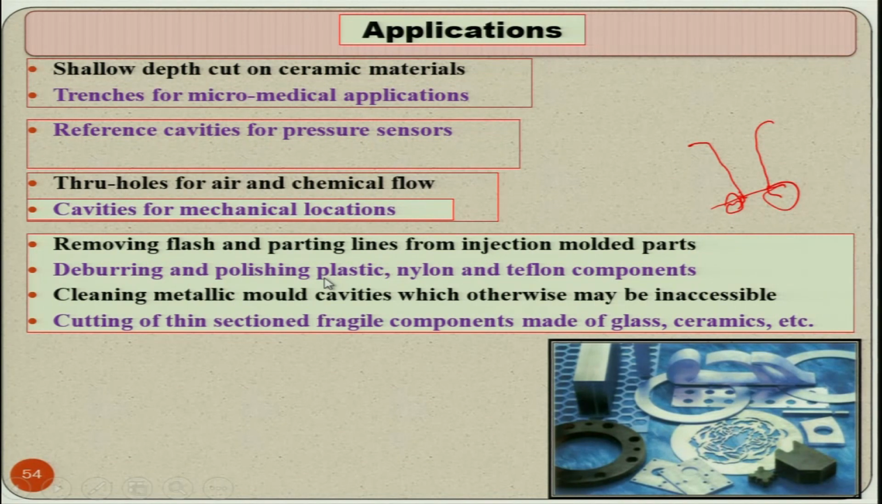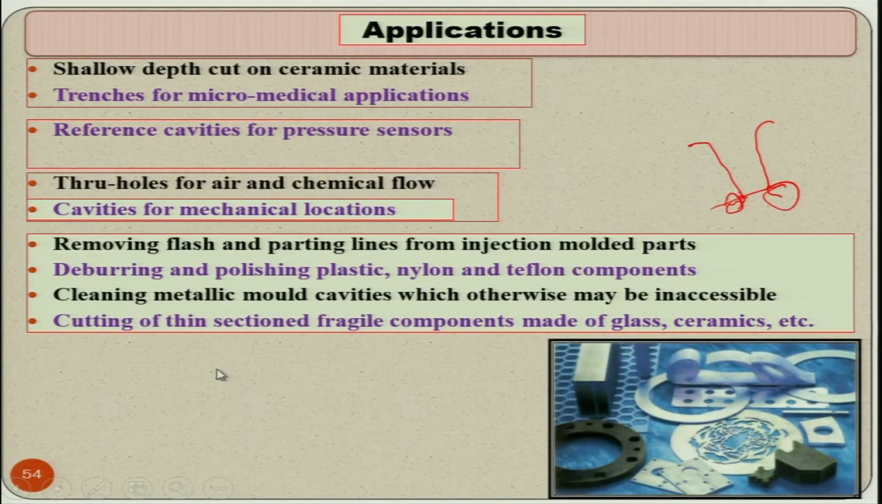However, you cannot get very good surface finish, but reasonably good surface finish you can get, and for plastics, nylon and Teflon components. Cleaning metallic mold cavities which otherwise may be inaccessible. In mold cavities which are made of metal and are inaccessible, cleaning becomes really difficult. You cannot use the molds unless you clean them. So, for that purpose, inaccessible areas, metallic molds, you can use abrasive jet micromachining process for